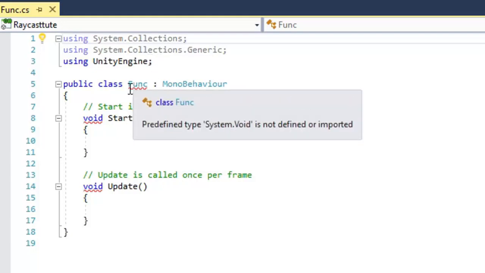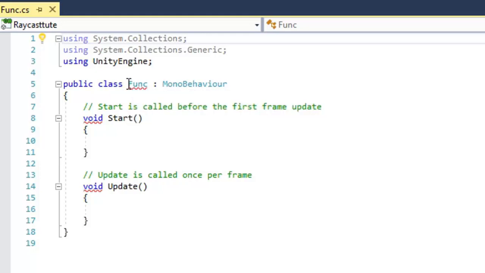Now here we can see that a class is already created with the name func. This is the same name which I have provided to my script. So whatever name you provide to your script, the class will be created with the same name.